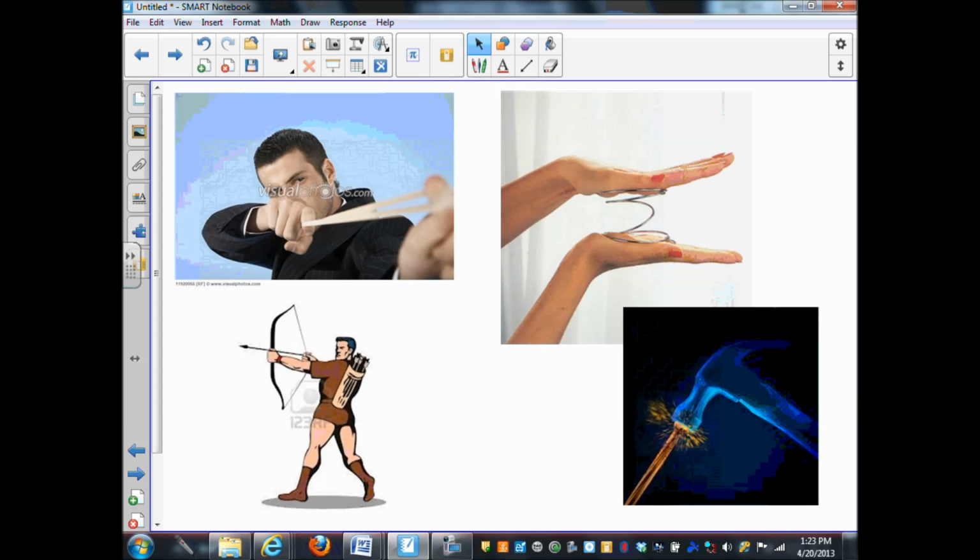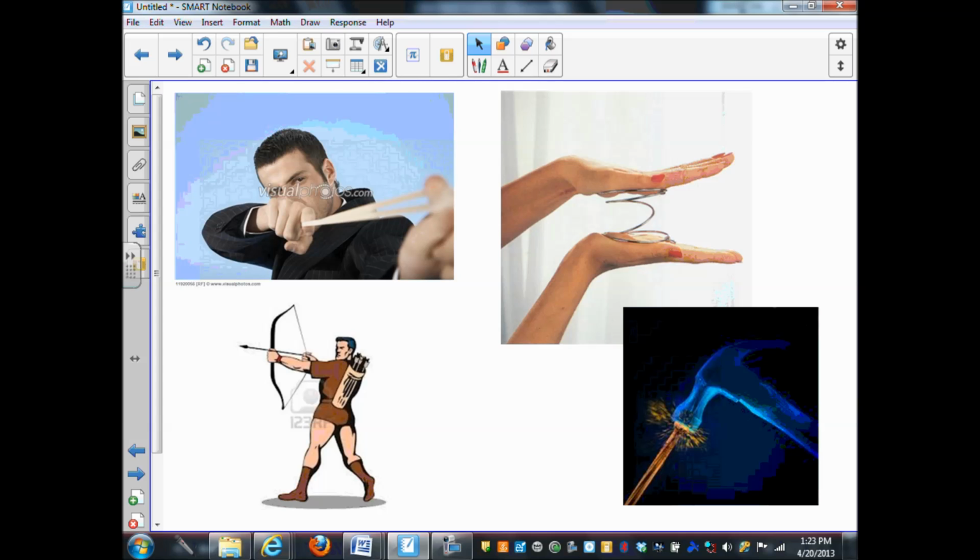Things that are moving or that have the potential to move, like if you squeeze down a spring, or if you pull back a rubber band, or if you are in the process of hammering a nail, or a bow and arrow, pulling back, drawing a bow and arrow. All of these things are examples of mechanical energy,